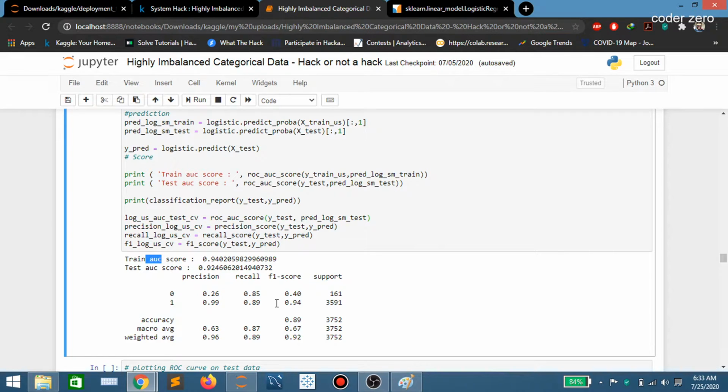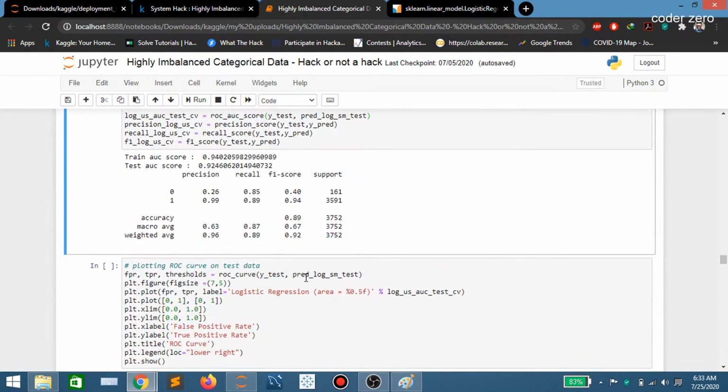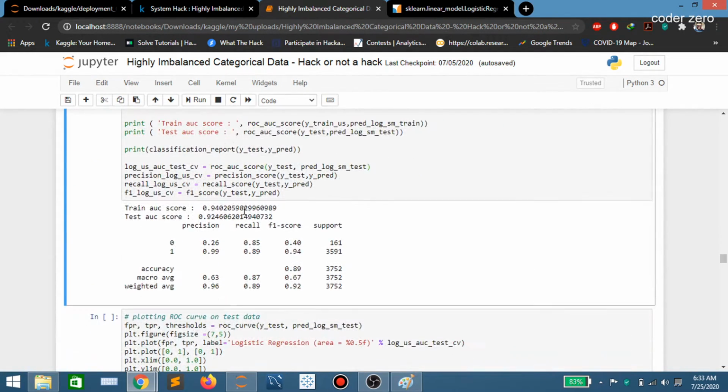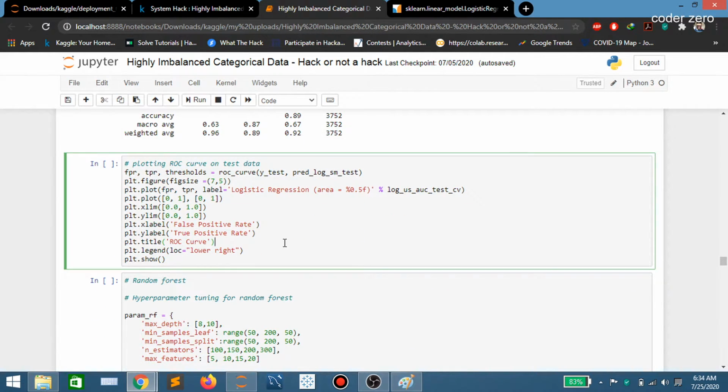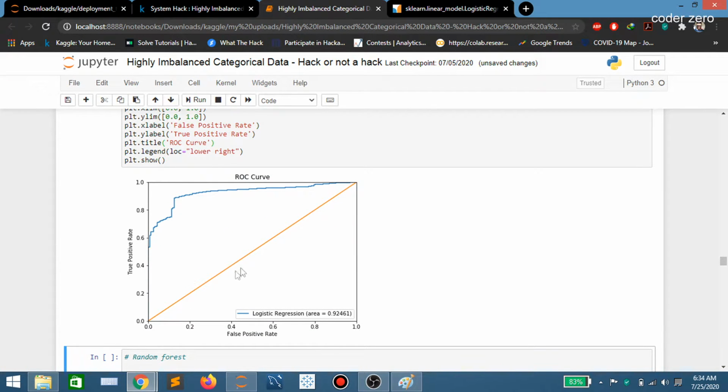Here also we should not be using only AUC. We'll be choosing AUC as a primary metric. So after AUC we'll be checking recall, precision and F1 score. Now after the undersampling and after using logistic regression, we are getting this much values. Let's plot the ROC curve. Now you can see this line refers to a random model. So here the higher the area, the better the performance of the model.